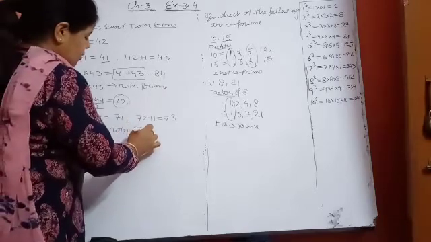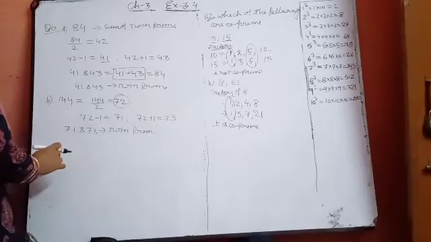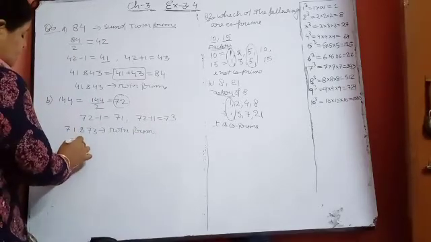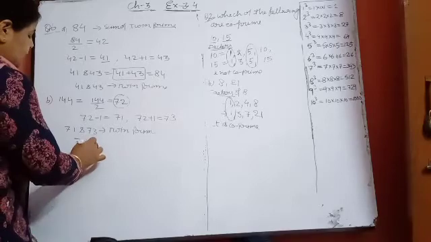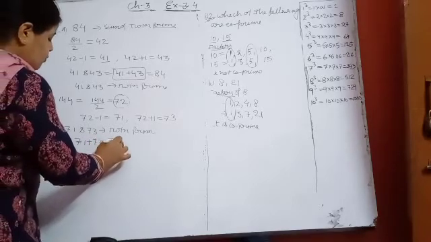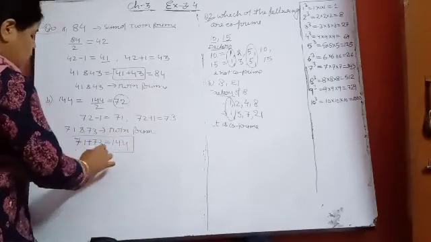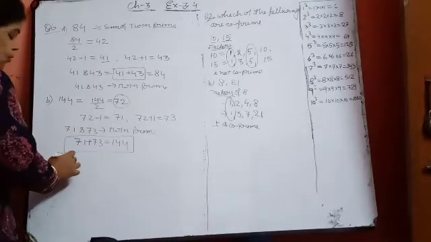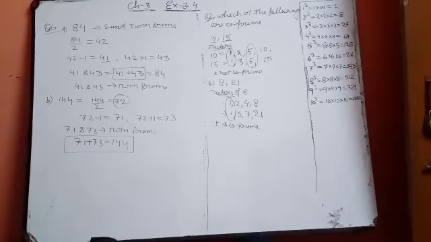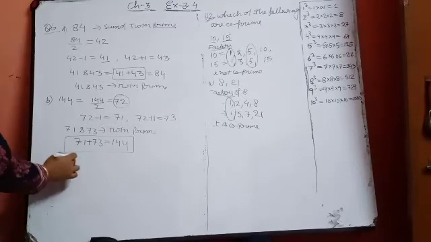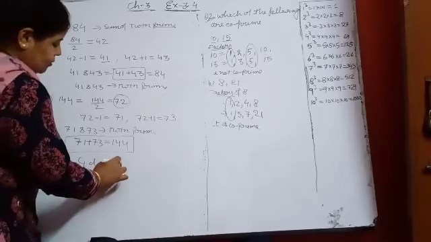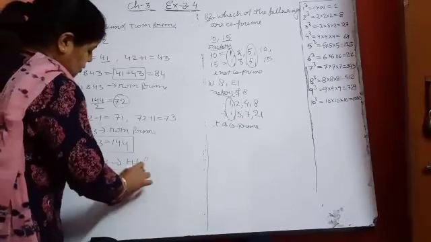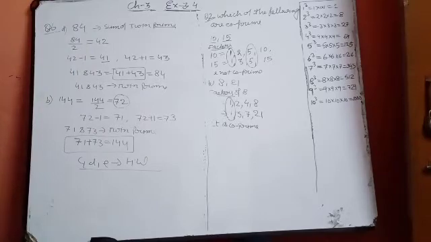Everybody knows now what twin primes are. The definition should be very clear to you. And if we see 71 plus 73, you will get 144, and so we have written 144 as the sum of twin primes. In this way, the rest of the parts, C, D and E of this question, you will do yourself. C, D and E parts of this question are your homework, and you will do them the same way.